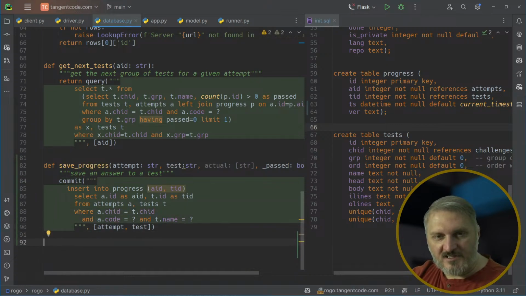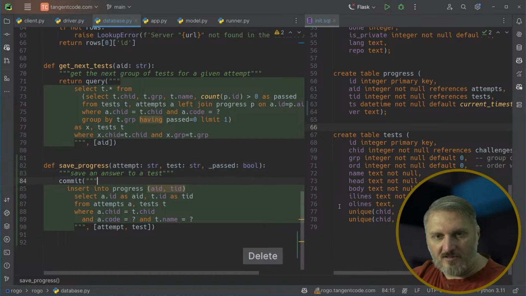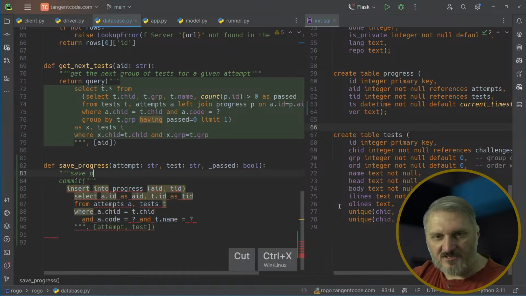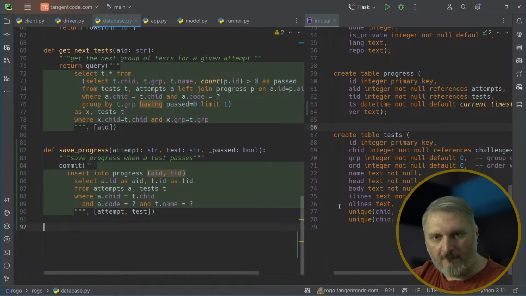And then we also want to say on the client side, we don't need this actual. Save progress. Oops, save progress on an answer when a test passes. When a test passes,